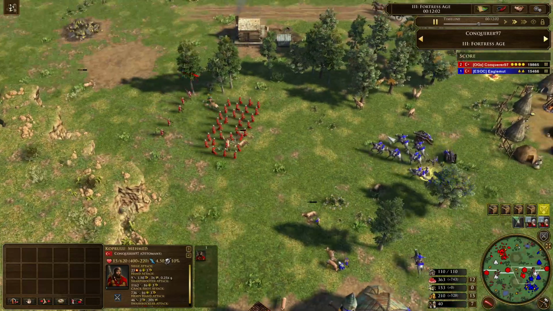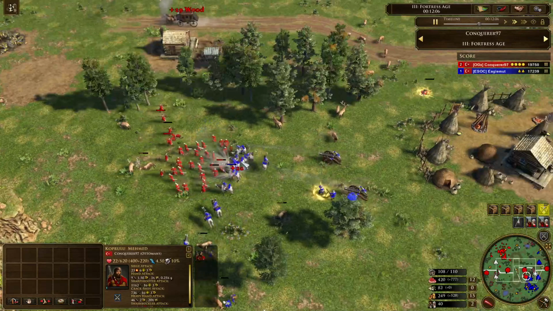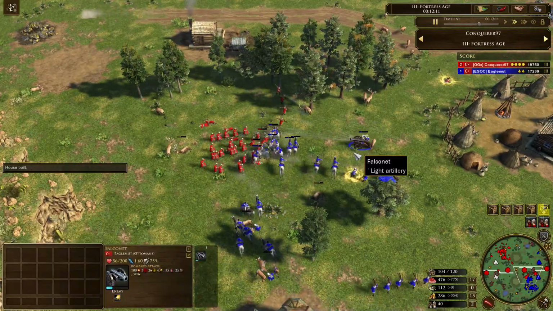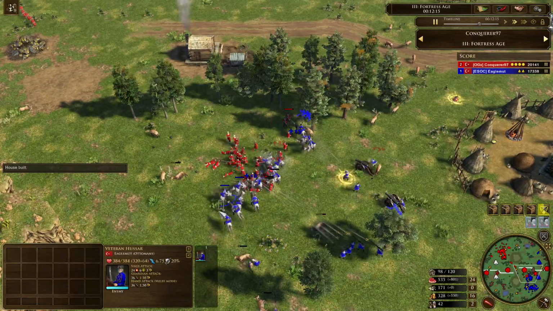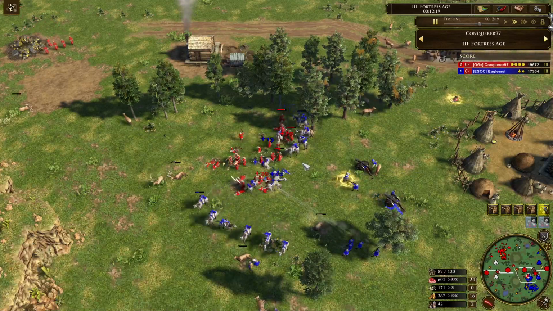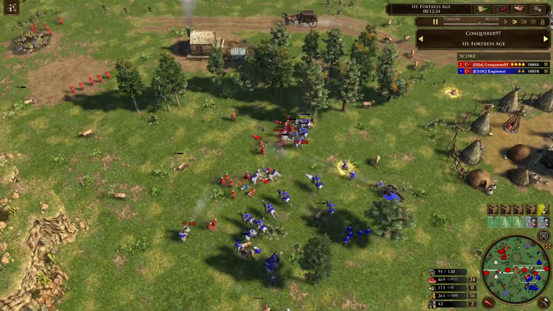So a bit of an engagement going on down here. And this might not be the nicest of fights for the red Ottoman player. Considering there's that many Falconets, well there's 2 Falconets and there's only so many Janissaries, there's enough Hussars to actually shield them. So I don't know if this is a great fight for either player to be taking right now, but